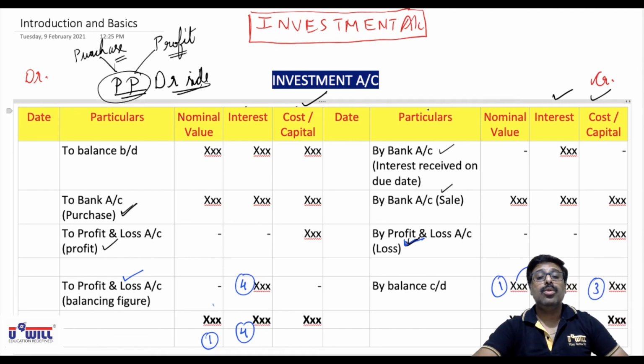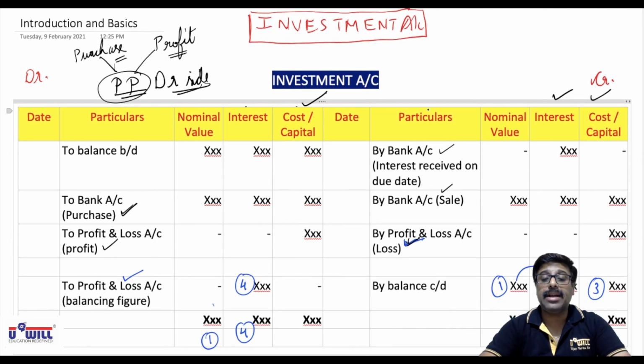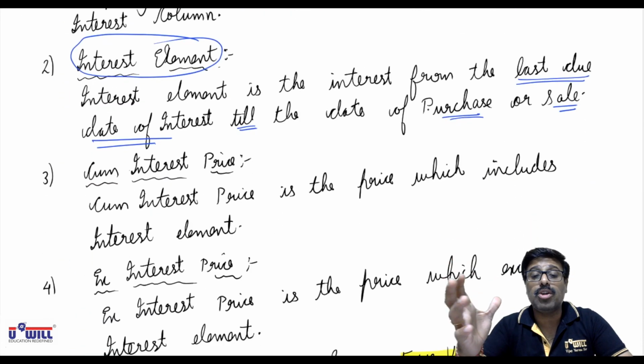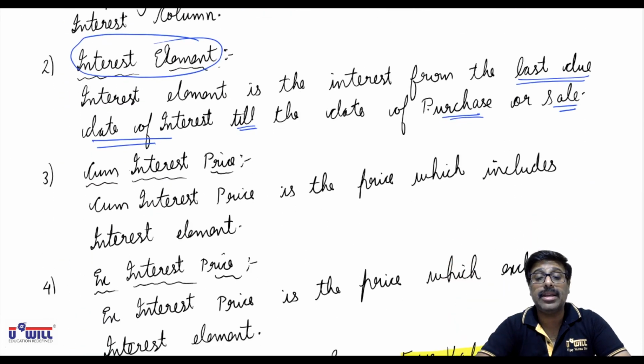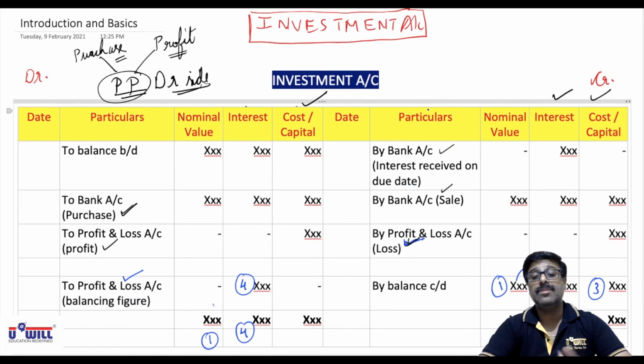So with this lecture, you all must be clear how does the investment account appear, and important notes, which column, what amount is to be recorded, what are the various terms involved over here. Now next lecture we will start with the practical question. That will be all for this lecture. Go through the notes and investment account properly before you visit the next lecture and start solving the practical questions.